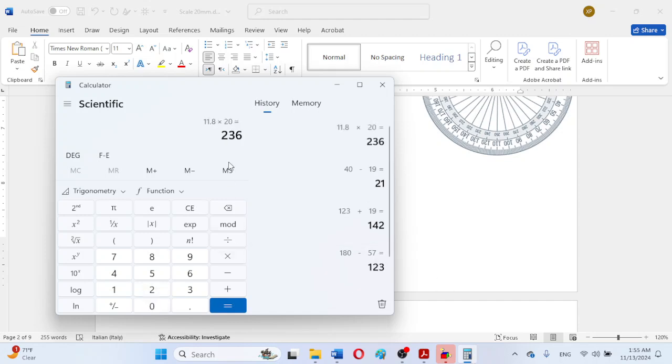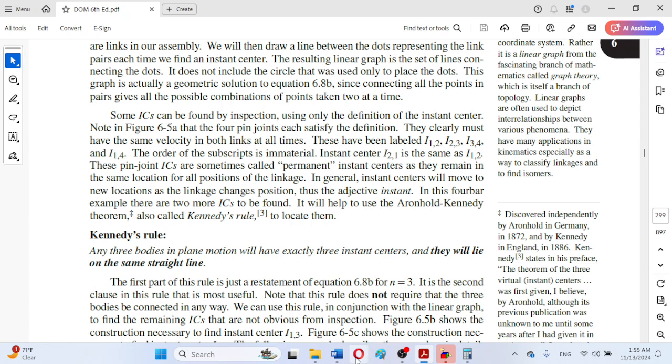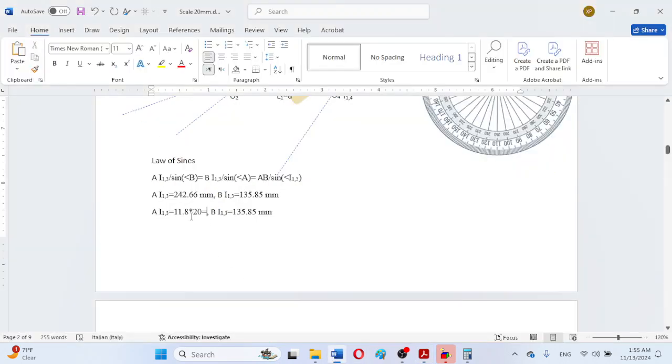So as we can observe, here it says 236 millimeter. Our trigonometric analytical result is 242, so they are quite near. So these minute variations are possible or allowable, and our calculations are 100% correct and okay. So in this way graphical results are 236 millimeter of the length A I1,3,